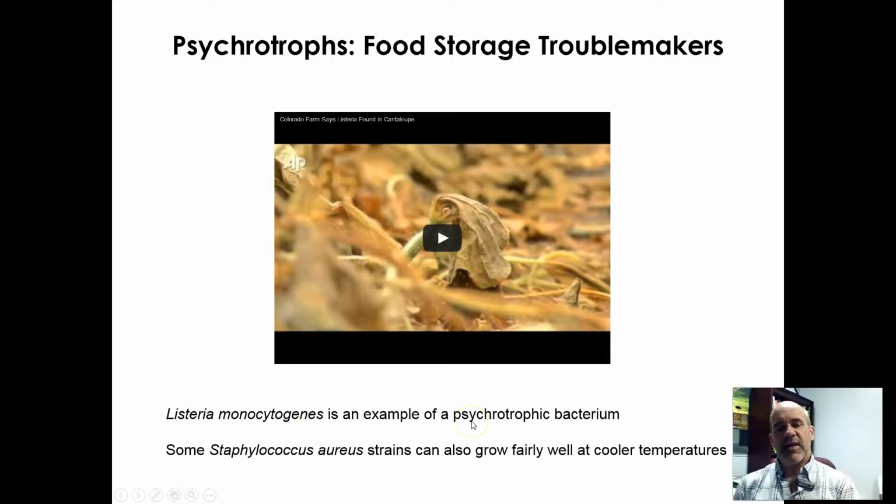Listeria monocytogenes is a type of psychrotroph. So that means it's a mesophile. It likes middle range temperatures. Listeria is a human pathogen, so it's going to like 37 degrees Celsius temperatures, but it's a psychrotroph, so it can actually still grow in colder temperatures. So unfortunately, this organism can cause a type of food poisoning, and there are outbreaks of this fairly frequently.